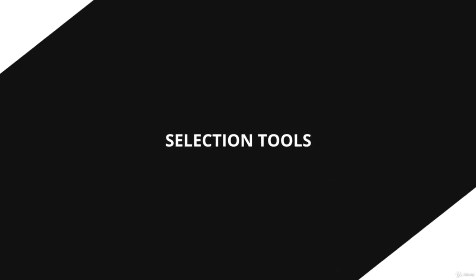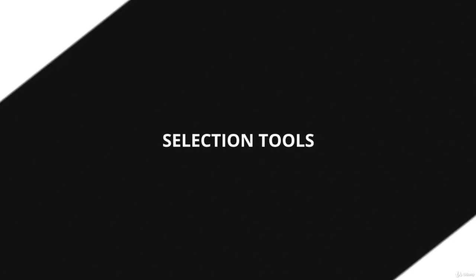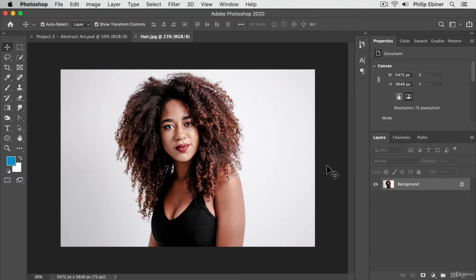Welcome to this brand new section of the Photoshop course. This is a really exciting one. In this section, you're going to learn how to make selections and basically cut them out from the background, which is sort of the first step in creating photo composites. Remember, in the last project, we talked about photo composites, and basically it's a way of combining different images into